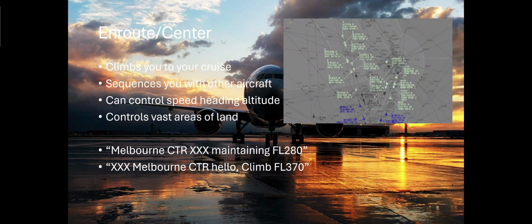Then we move on to en route or center. They climb you to your cruise. They sequence you with other aircraft. They can control your speed, heading, and altitude, and they control vast areas of land. It'll go something like this. After you've come off departure or approach, you would come to en route and say,